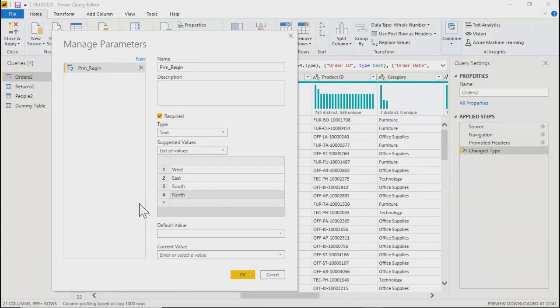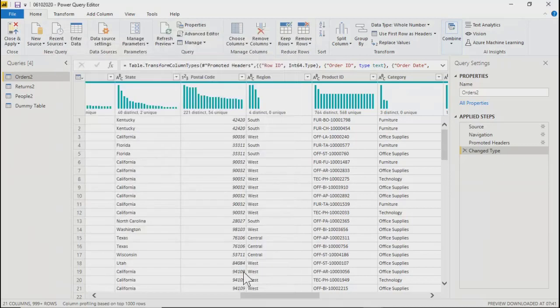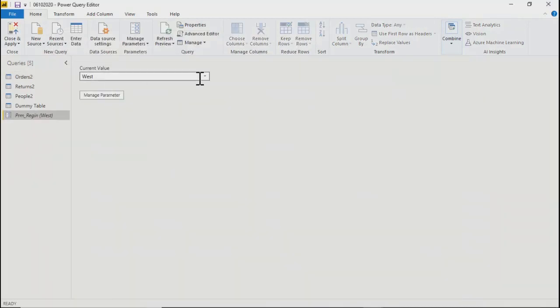You need to select a default value, which value you want to take as a default. Maybe I can take west region as the default value. And then current value, I'll take this also as west. You can take any other if you wish, but I'm taking west. We'll say okay. So your parameter is created, fine.